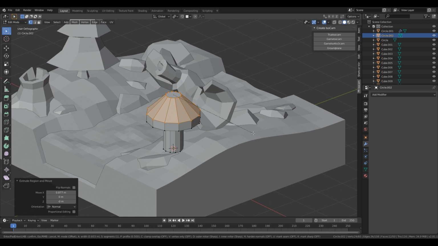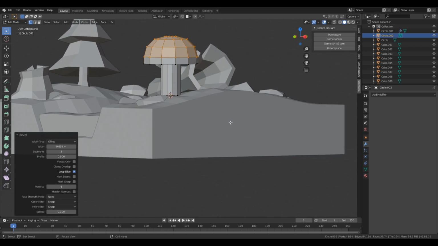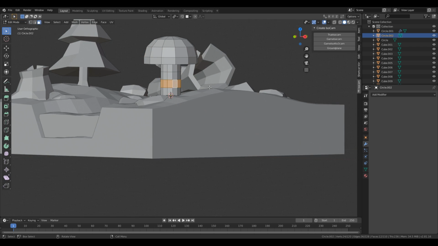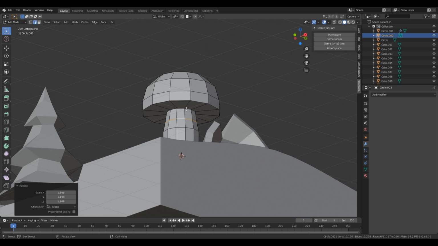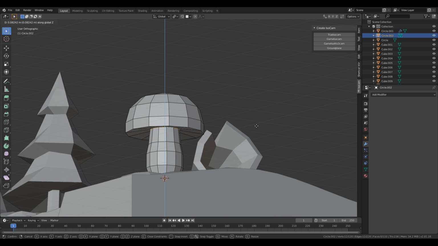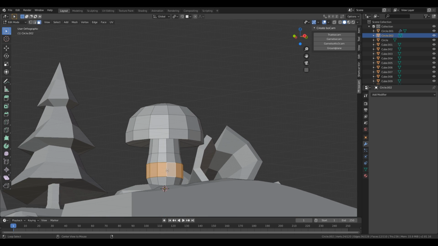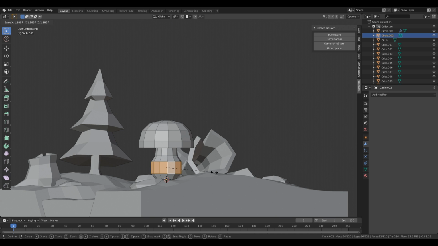And if you press Ctrl B, you can bevel this and increase the number of segments with the mouse wheel, like that. Okay, and add some loop cuts over here. And we can now select this ring, make it larger, and let's select this loop, move it up a little bit. So that'll be our basic shape for the mushroom,